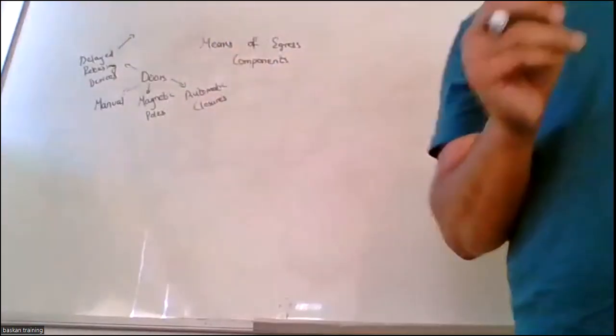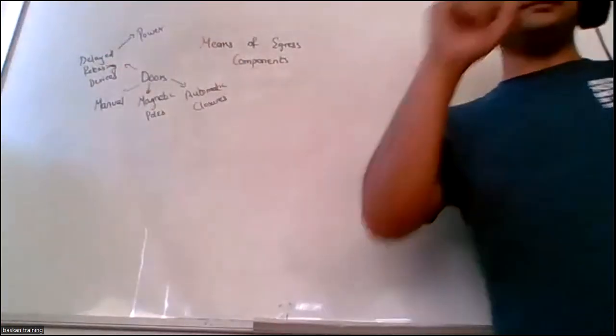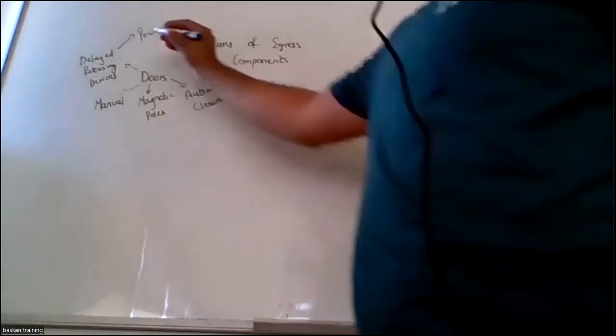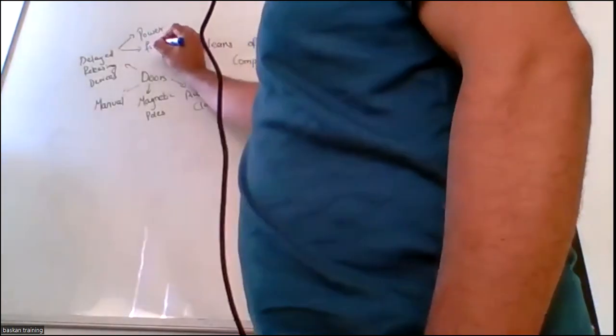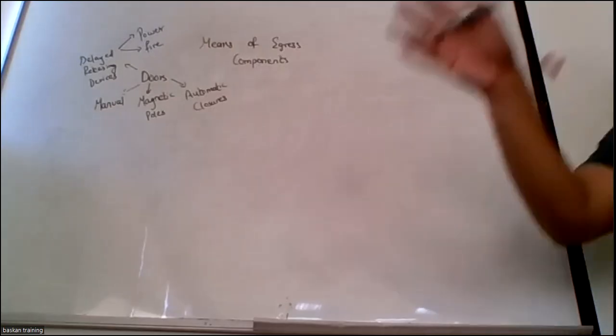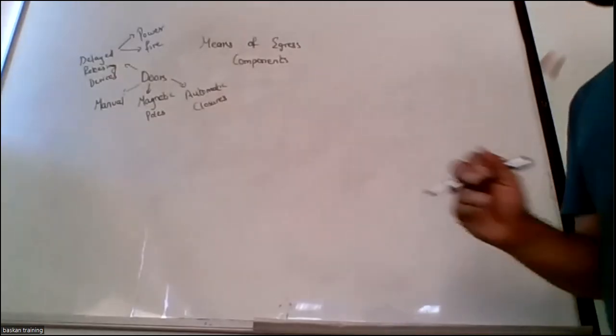Whenever there is any type of power fluctuation or electrical failure, the delayed releasing device can be activated. Whenever there are fire alarms, you can integrate the doors with the fire alarm control panel too. We have seen a lot of places where the fire panel is integrated with the door itself. As soon as there's a fire panel alarm, it can be deactivated, de-energized.